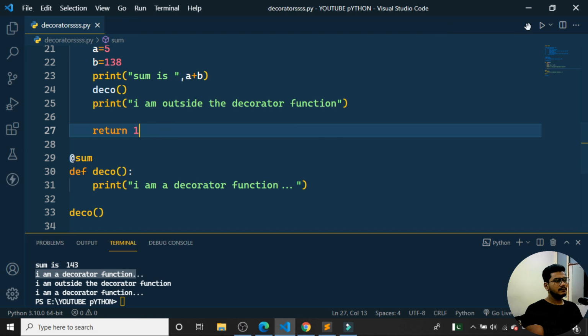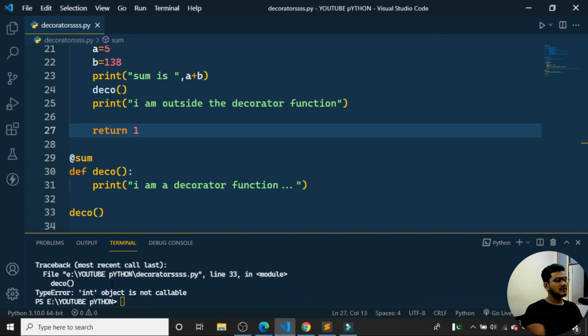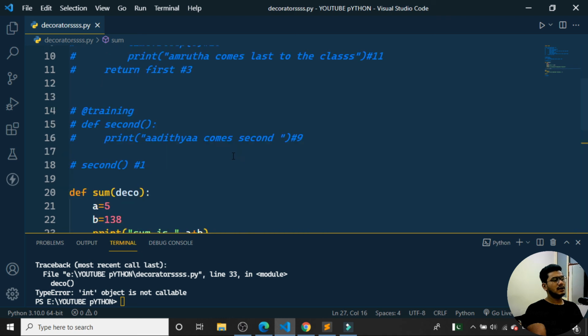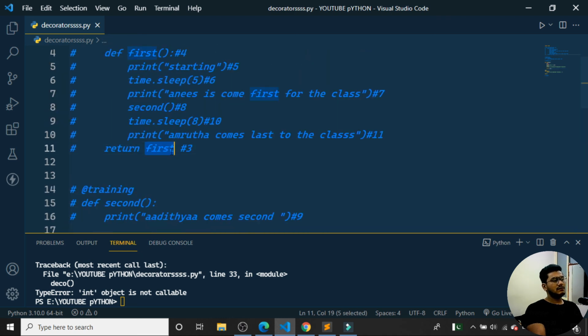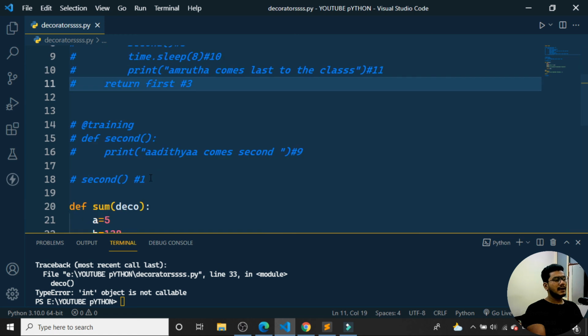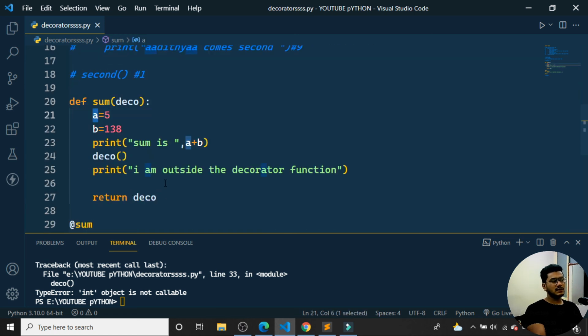If I return 1 here, what will happen? See, I am getting int object is not callable. Because whatever I am returning should be a decorator itself, it is not callable. So I am returning the decorator here. When I am returning it, this runs, everything is done, and this particular program has been running. Here I directly don't have one more function over here, so it is returning like that.